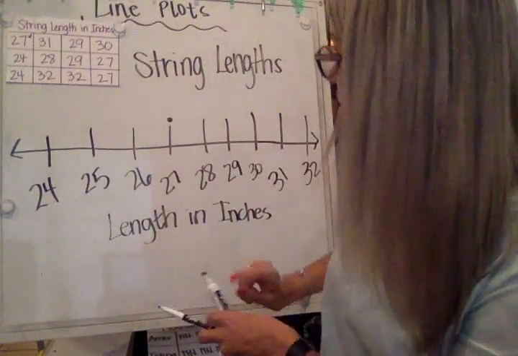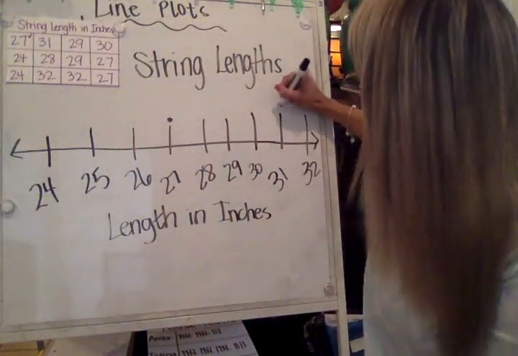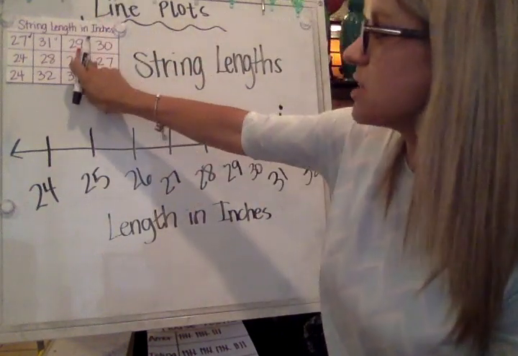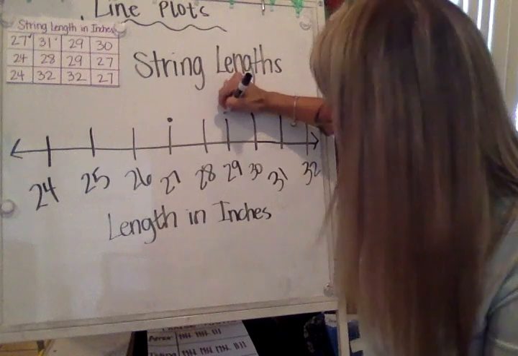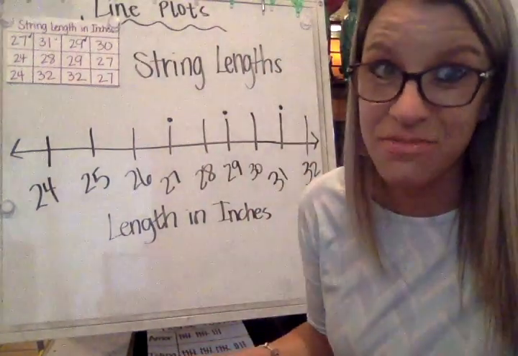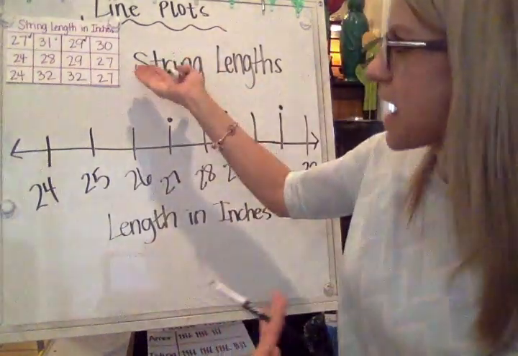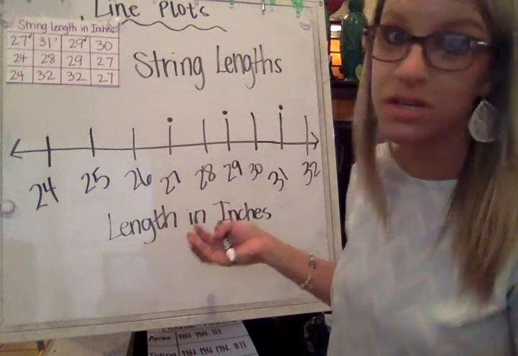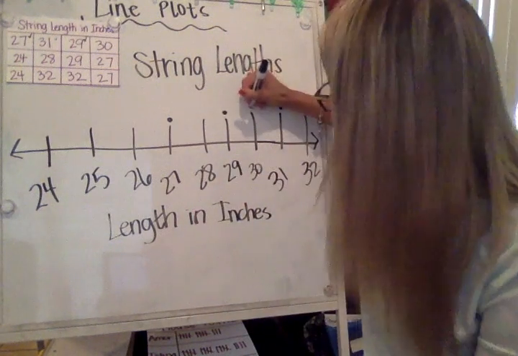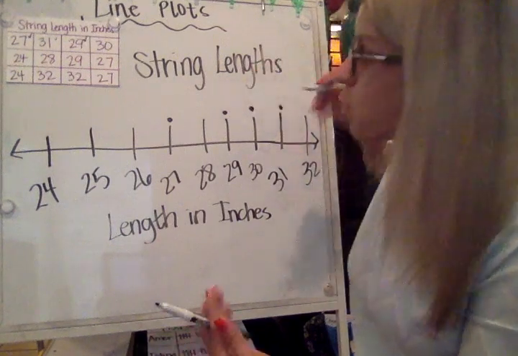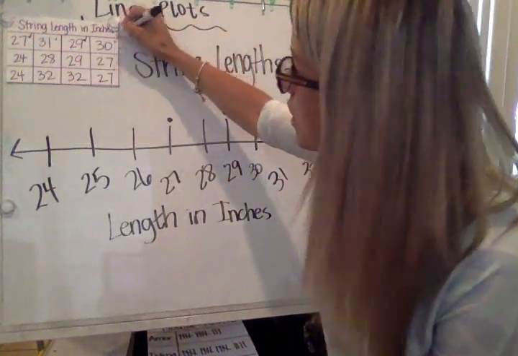So 27. Next, I've got 31. So I'm going to put a dot above 31, put a little check mark, and move on to the next one, 29. Put a dot and put a little check mark. I don't want to forget any of my data points, so that's why I'm putting a little mark next to it. I'd encourage you to do the same thing so you don't forget one. So each of these, this just means that you have one representation for that. So 24,